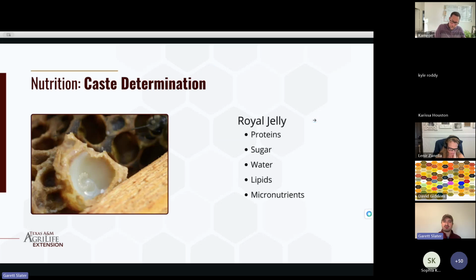And these jellies contain all the major nutrients that the bees need to grow and develop either into a worker or a queen. And even drones are fed a very similar jelly substance, and the nutrients that drones receive are basically the same as queens and workers. But this jelly is basically like a milk. And this milk contains all the major nutrients, whether those are macronutrients like proteins, sugars, lipids, and even micronutrients like antioxidants,